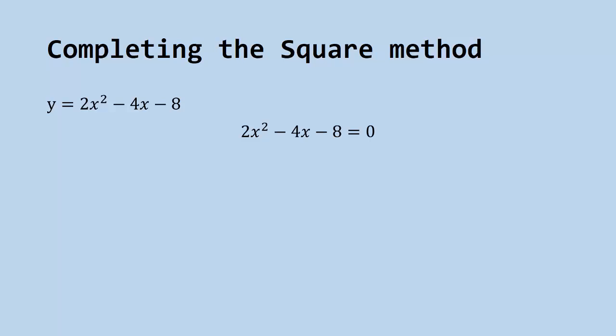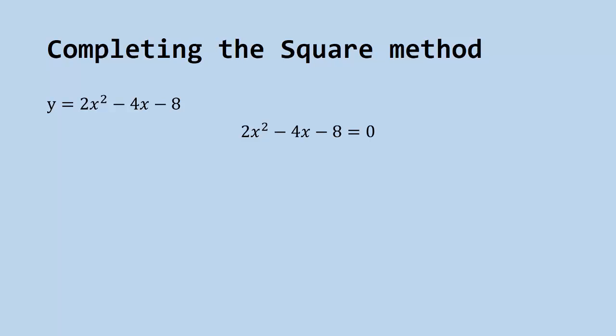So let's begin with this first quadratic equation of y equals 2x squared minus 4x minus 8. Since solving a quadratic equation is basically finding the x-intercepts of the parabola that is formed by this quadratic equation, we have changed our y and set it equal to 0 because all x-intercepts have a y value of 0. And I've switched it to the right simply because for most people it's easier to work with the equal to the right. To do completing the square, though, requires us to have a 1 as the coefficient of x squared